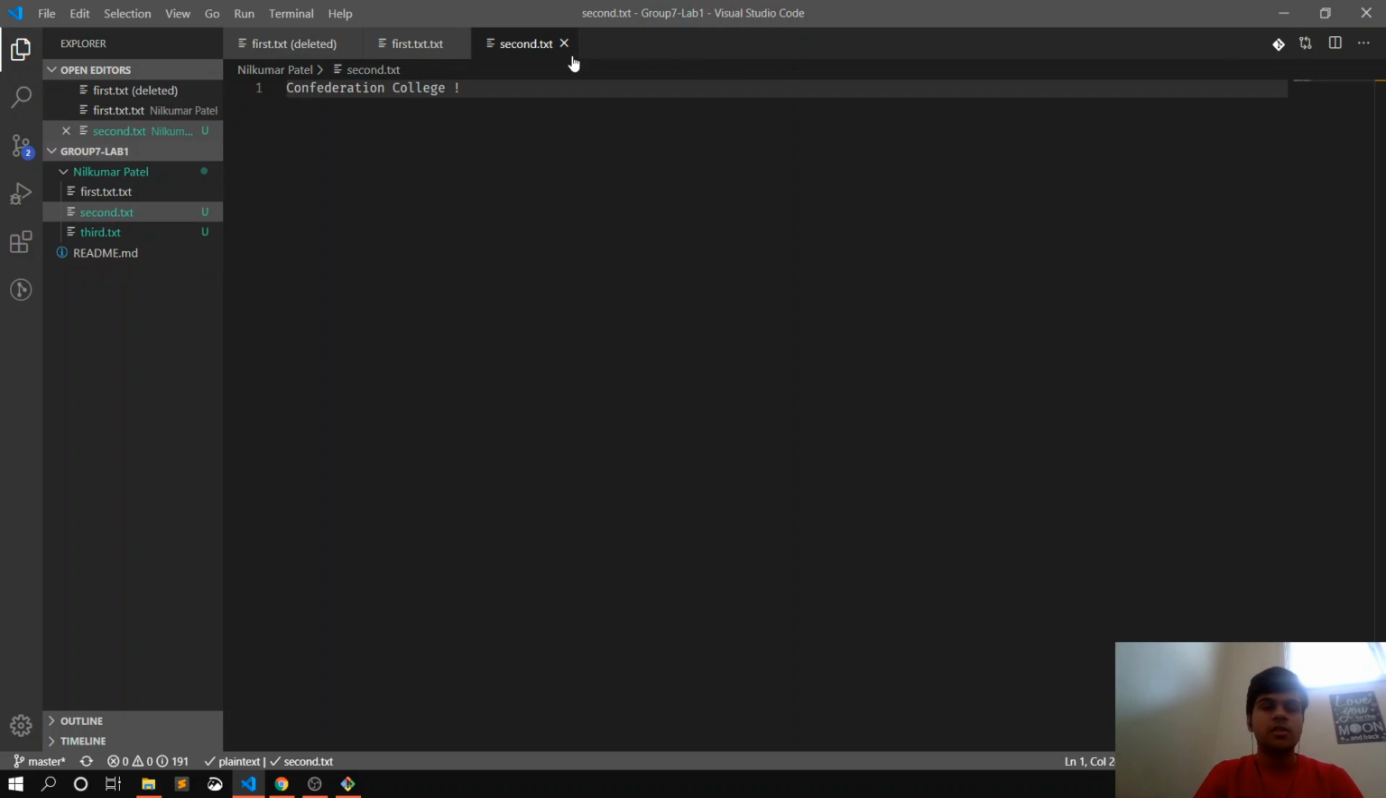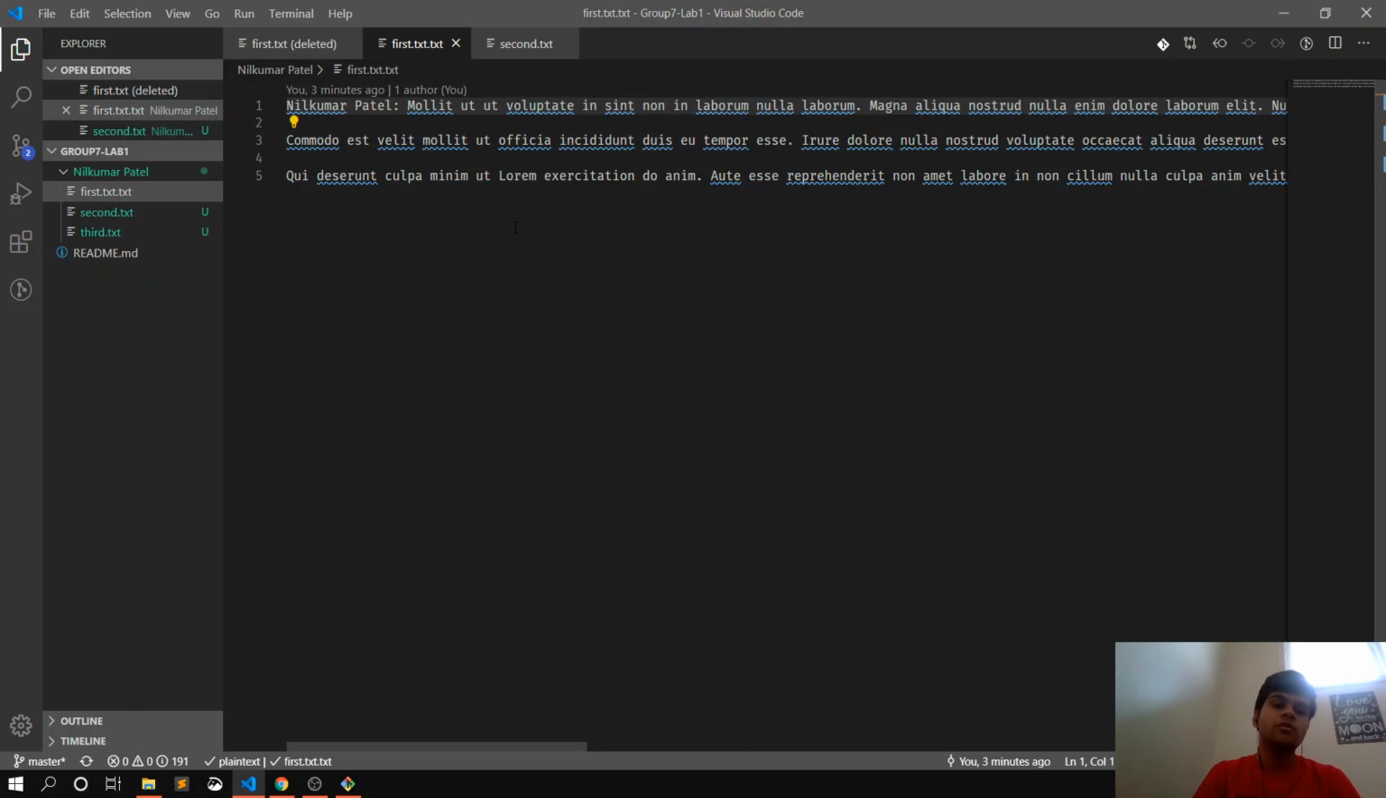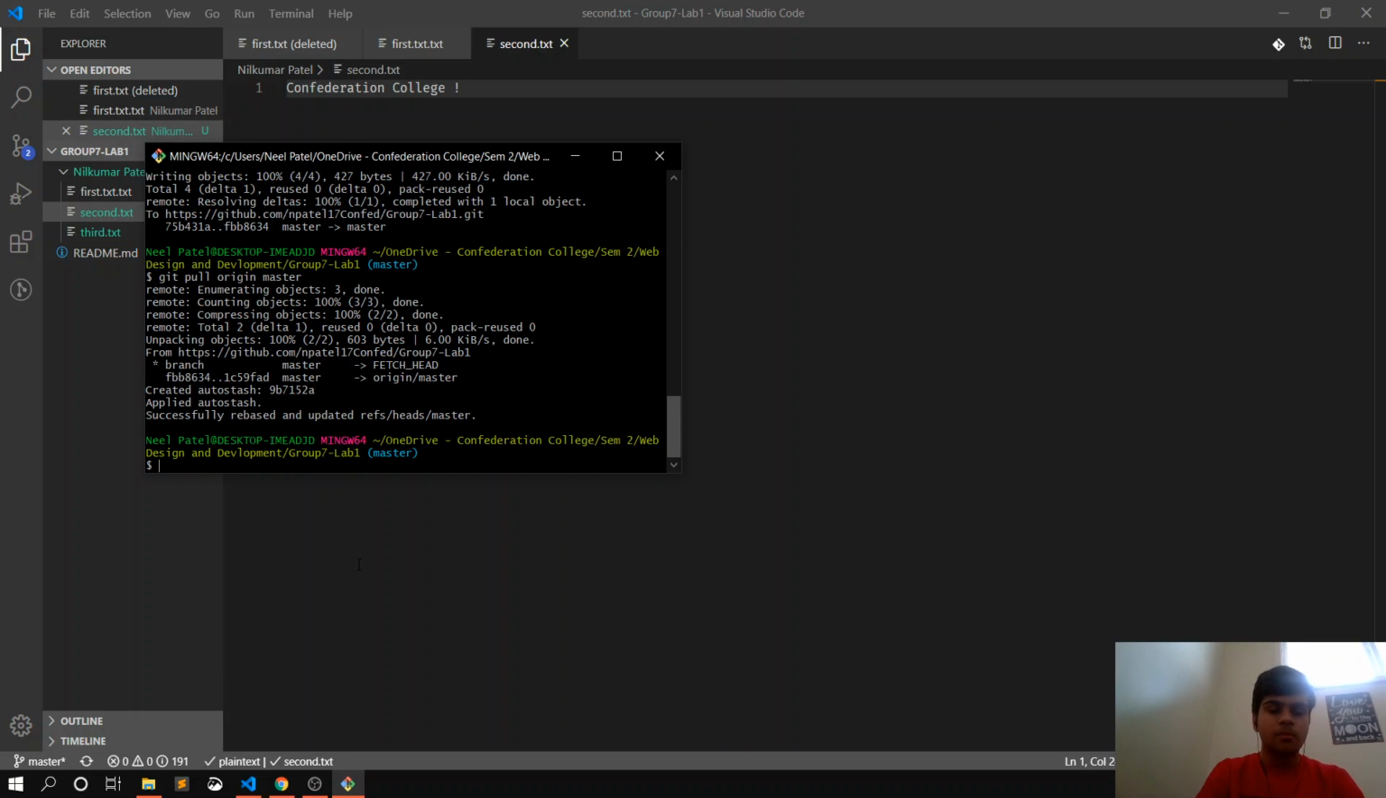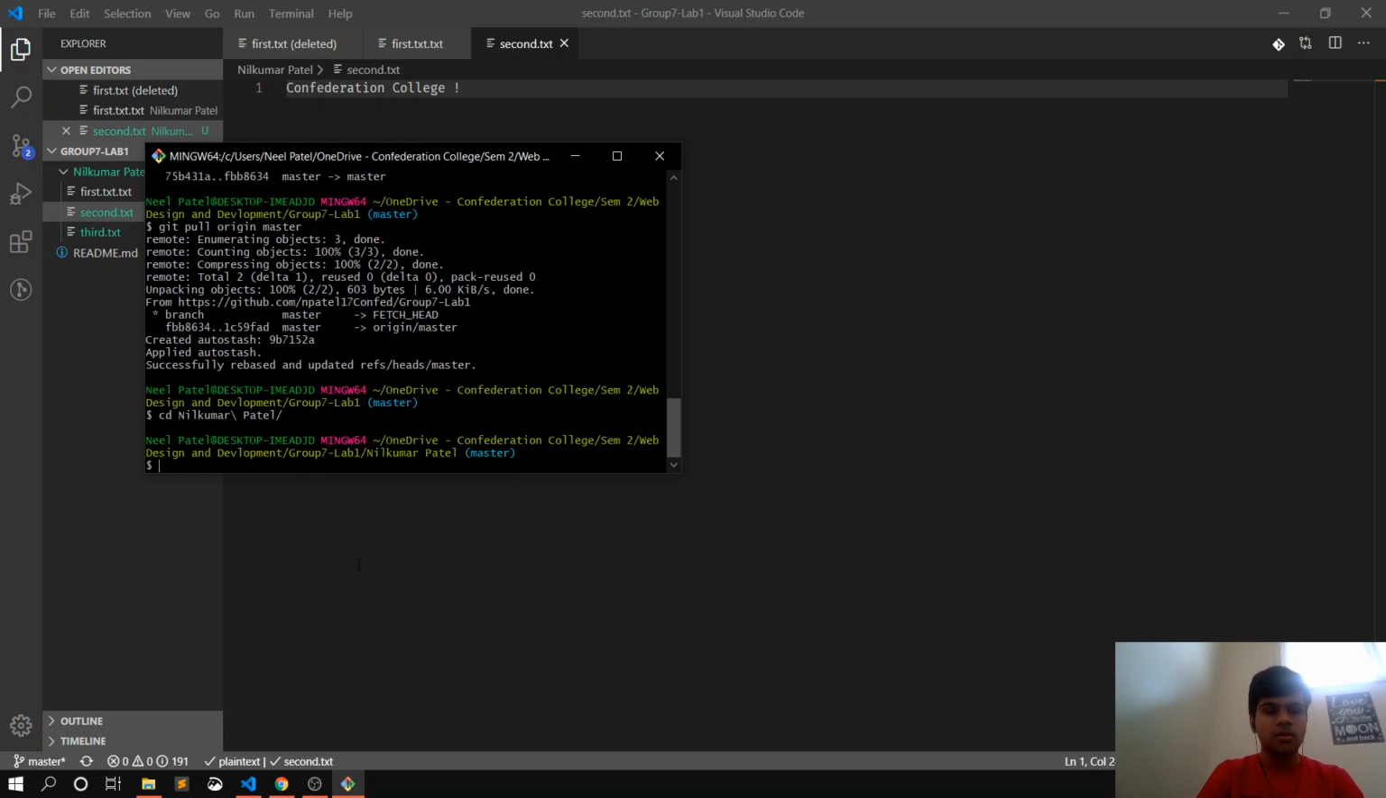Now suppose that we are creating this second and third file as a new file in order to add it to the first.txt file later, and we are not sure about the code that we are writing in the second file. So what we are going to do is we are going to use the merge file command, git merge file. First I'll need to go in my directory there. Yes, and now I can write git merge file,